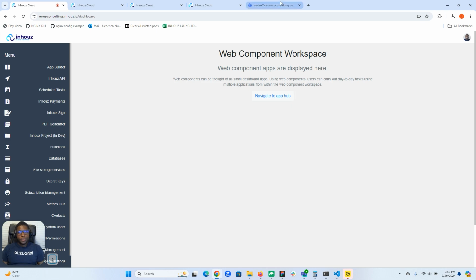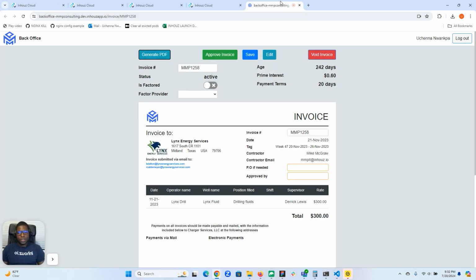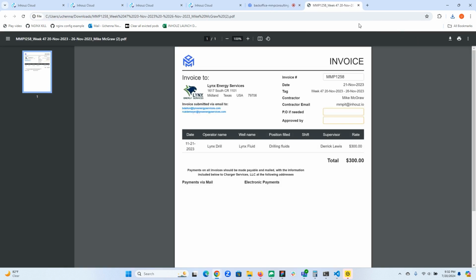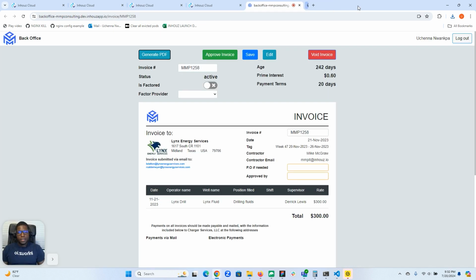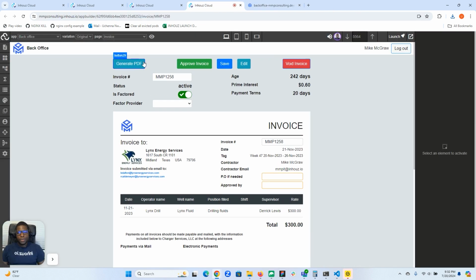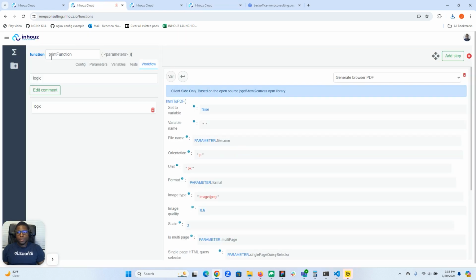If we jump into an application that was built on the Inhouz Cloud platform by a client of ours, we can see an invoice. When we click on the Generate PDF button, just give it 1 second, a PDF document is generated. This generation is happening because in our app builder, we have connected our Generate PDF button to a